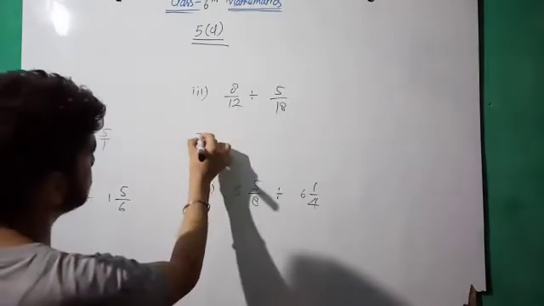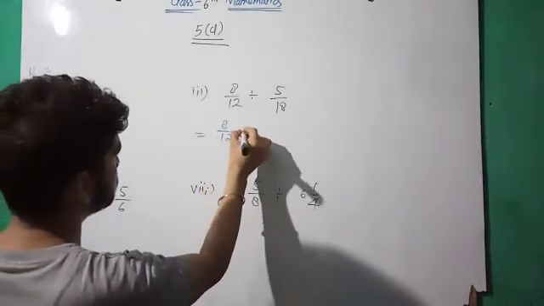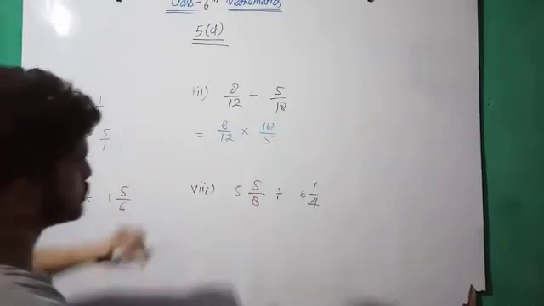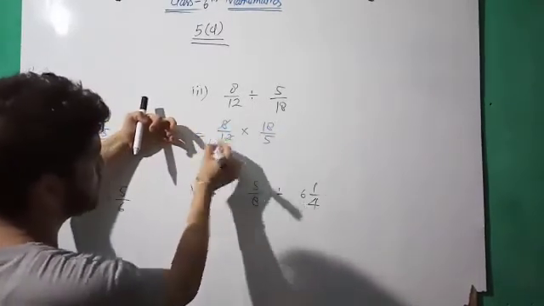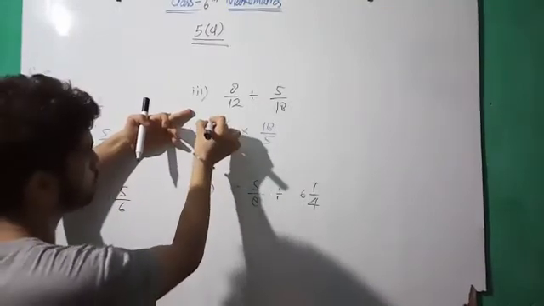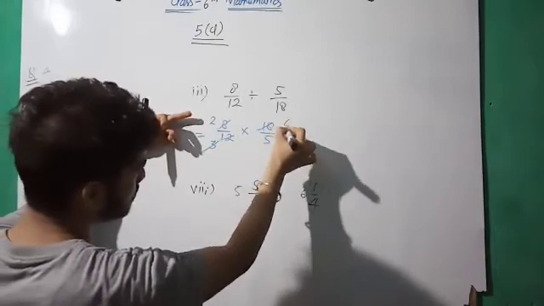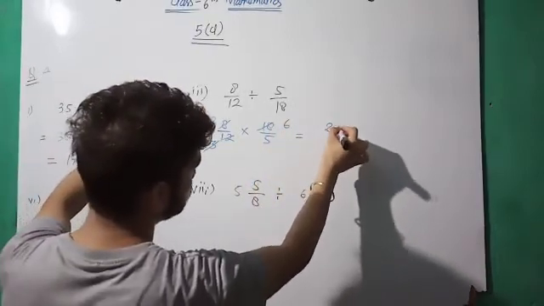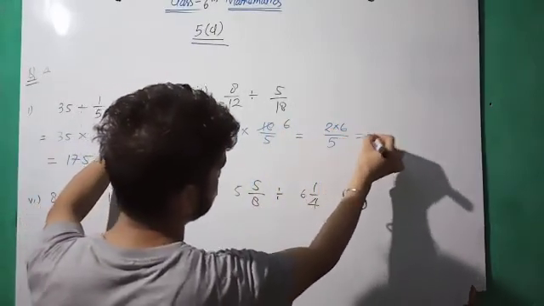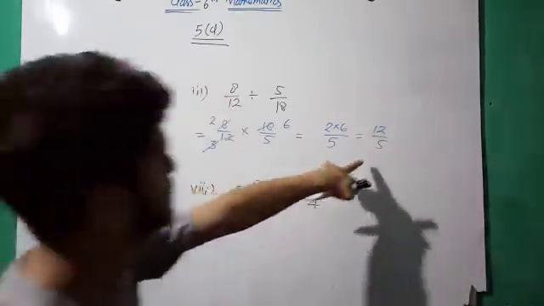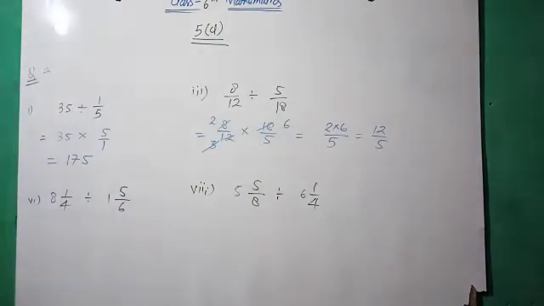Okay, now here 8 by 12 multiplied with 18 by 5. So first of all, solve. Divide both the numbers by 4. 4 into 8, and 4 threes are 12. 3 with 18, 3 sixes are 18. So the remaining terms are 2 into 6 upon 5, that is 12 upon 5 is the answer. If you want to change this number into a mixed fraction, you have to change it to 2 whole